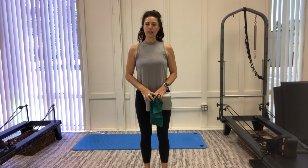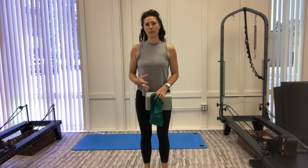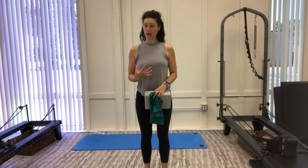I'm Odile and we are going to be talking about and doing Pilates and stretching and working on heart health. So often when we think of Pilates or stretching, we tend to think of the musculoskeletal benefits, the benefits that are great for our bones and our muscles, but we often forget about the benefits to the heart space